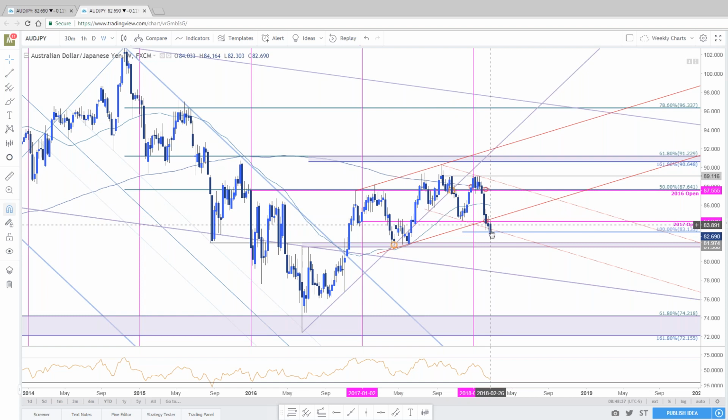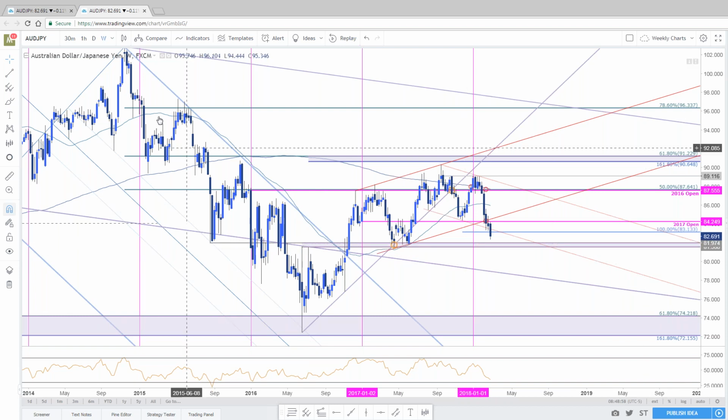Well, at this point, as it stands right now, if markets close the week at these levels, the next major region comes in down here. Last year's swing low, you had a former swing high there in 2016, really nice pivot. The actual swing low from 2015, all of those line up right around 81.16 to 81.90.